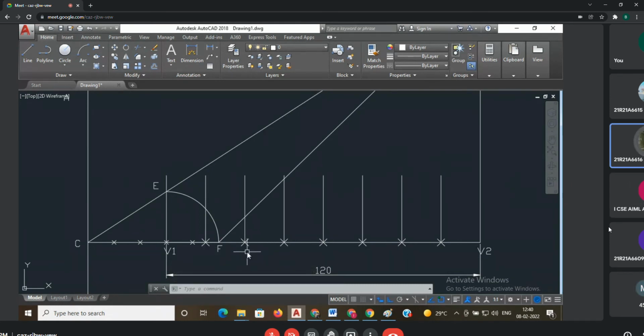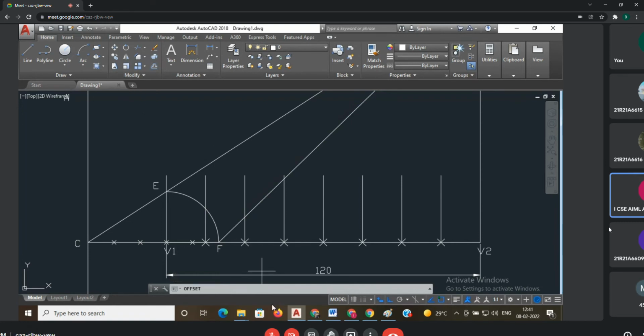Excuse me sir, doubt. Tell me. Sir, at what angle did you draw the second line? The second line is from F. Yes sir, 45 degrees line. Okay, from the focus, always you have to draw a 45 degrees line. The CE line angle is not required. CE line automatically you will get, but from the focus, always you have to use 45 degrees only. Okay sir.